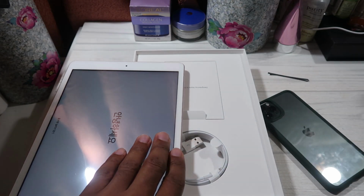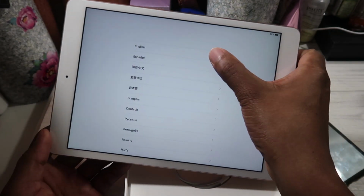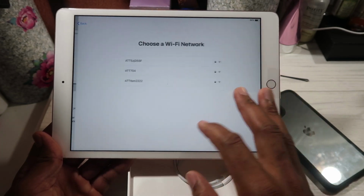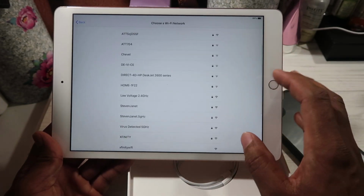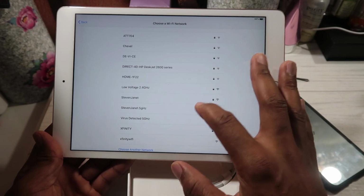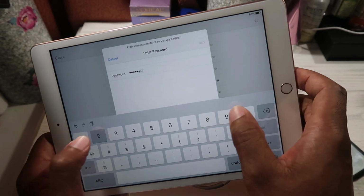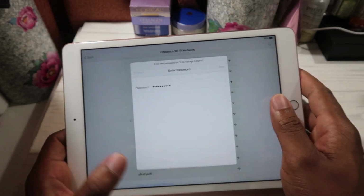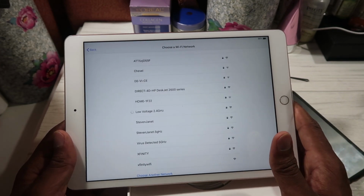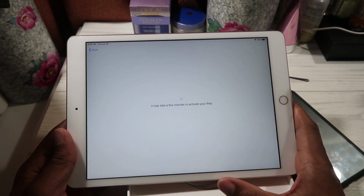So let's go ahead, have this one on the setup screen. Let's turn this over. We got English. I'm gonna do like a quick setup on this one so we could get to the home screen. All right, I'm just gonna connect to the Wi-Fi for now. Let's go here. Join. All right, so I'm connecting to the Wi-Fi here. I'm just gonna skip through all the settings and go to the home screen really fast, just so we can